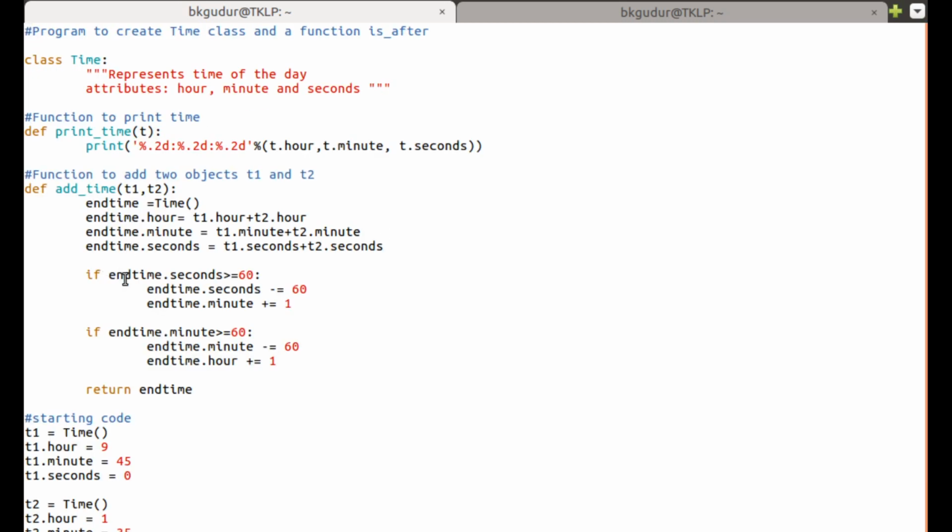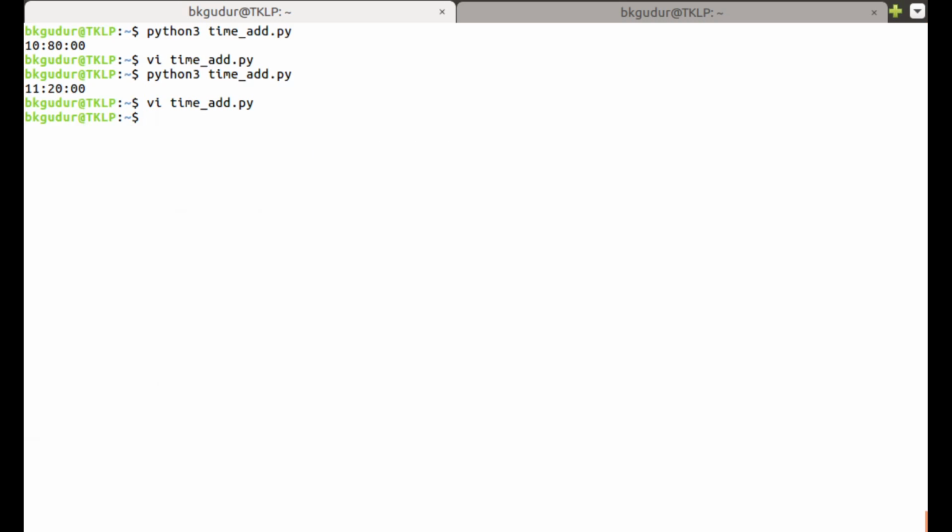By checking if the number of seconds is more than or equal to 60, we subtract 60 from that and add 1 to the minute attribute, and later we check whether the number of minutes is greater than or equal to 60. If true, then we subtract 60 from that and add 1 to the hour attribute. So this is going to solve our problem.